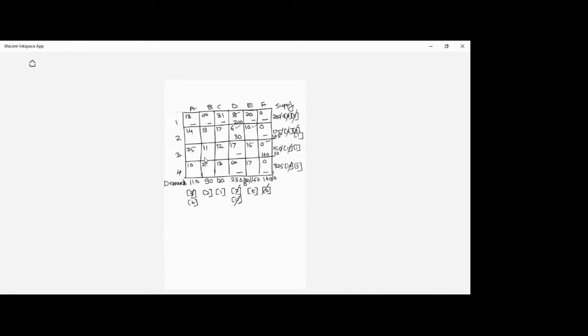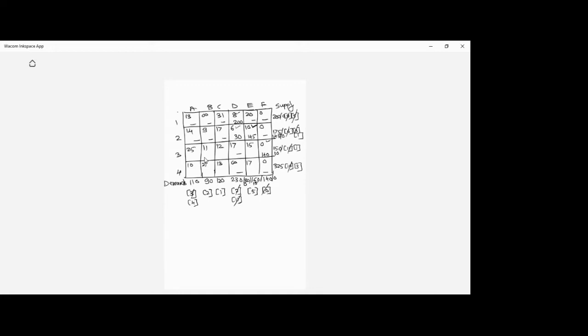So the maximum penalty is for column E, and the allocation that I can do is in this particular cell, 10. So the maximum allocation that is possible here is how much? It is 145. So I'll be doing the allocation of 145 here. So entirely this row will get exhausted, and 160 minus 145 is equal to 15. So that I'll be writing here,